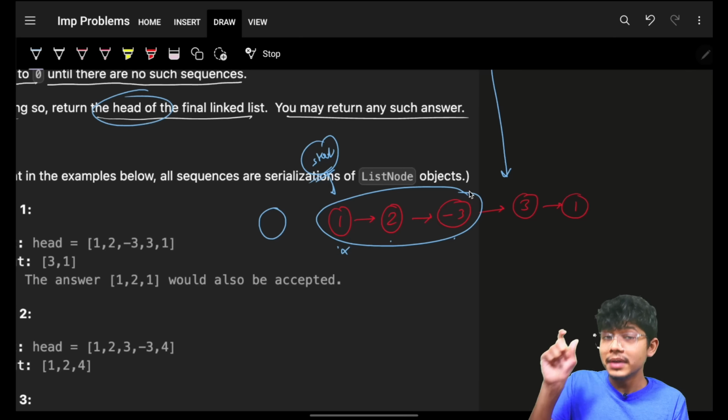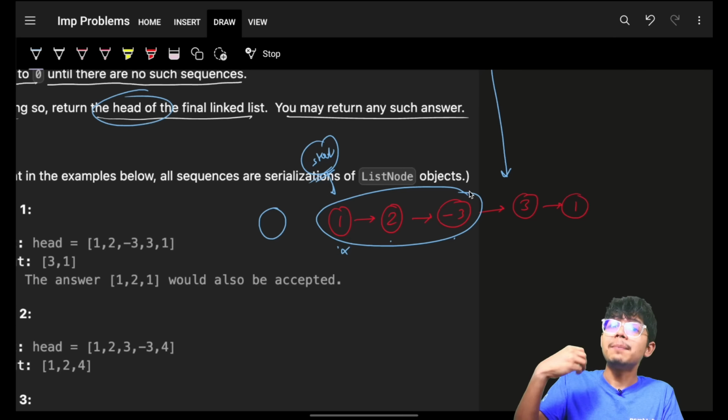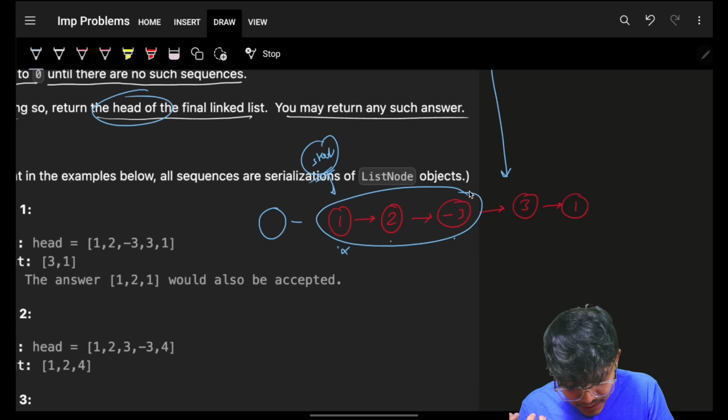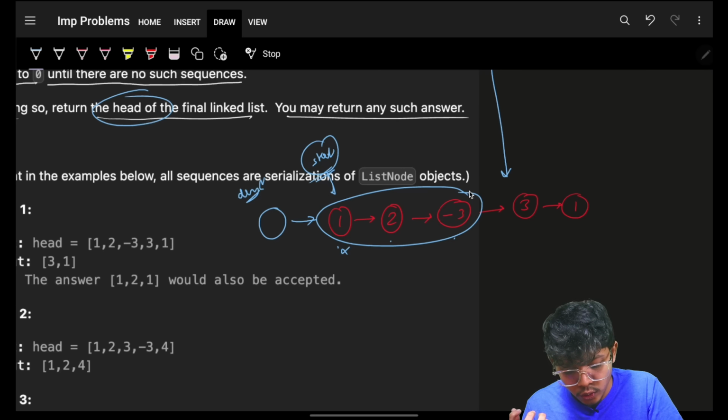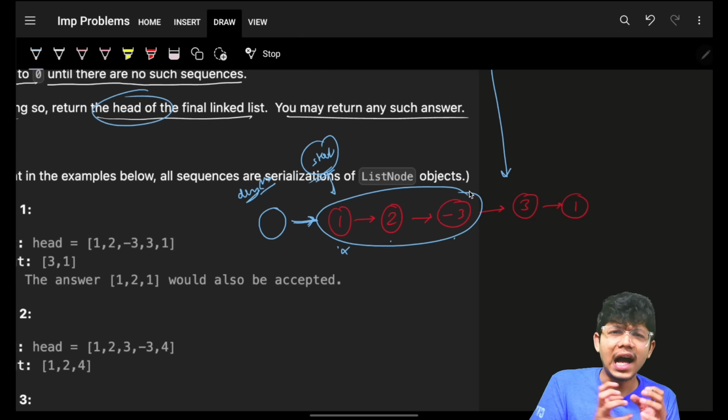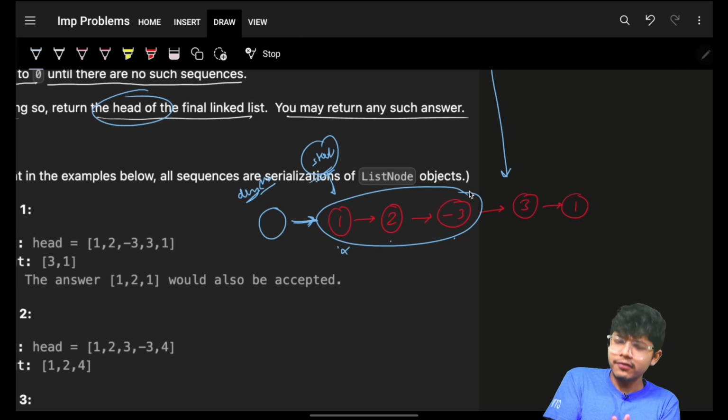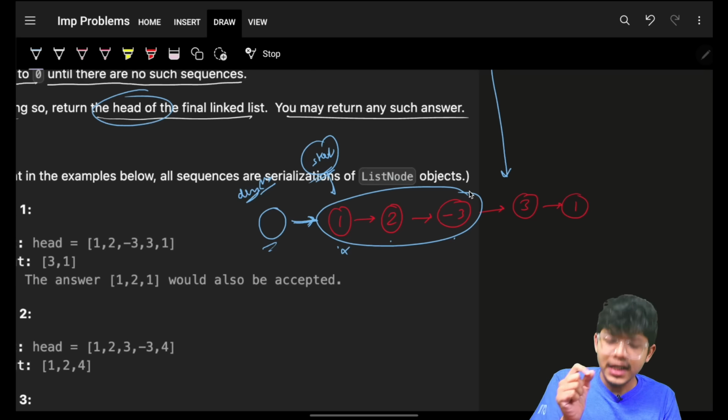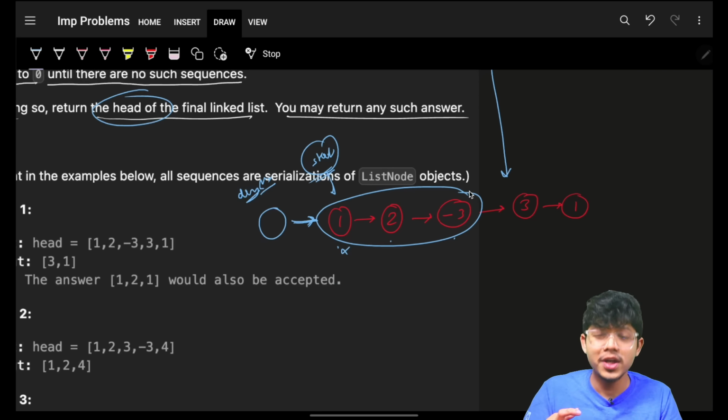Again, we make a dummy head when we know that there's a chance of our main head being deleted. So we make a dummy head and point it to this next node, this existing head node. I can do it without this dummy node also. Yeah, bro, you can do it. But for that, you have to put some if conditions